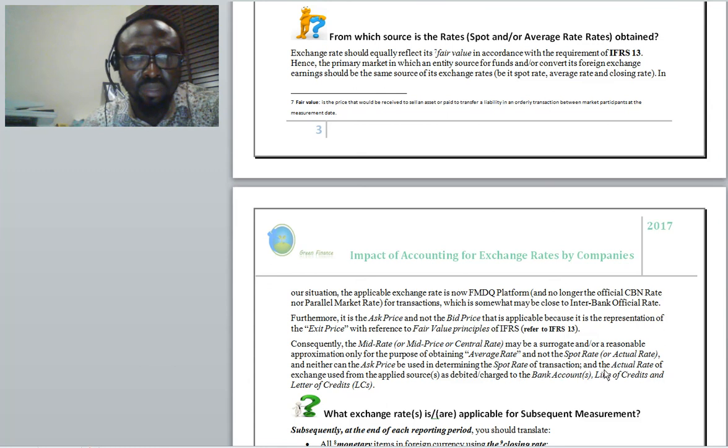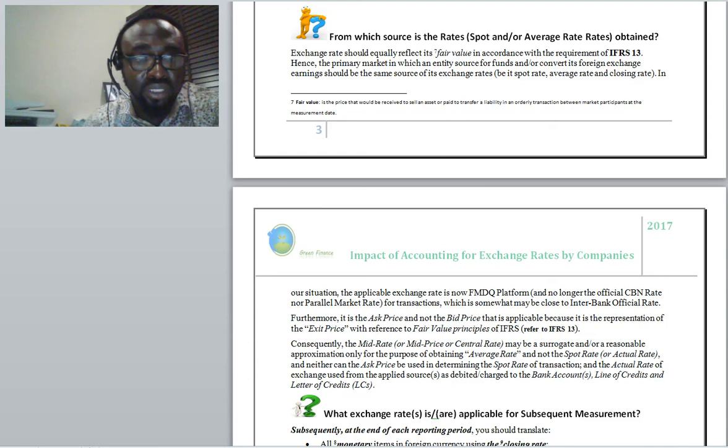That means that we are looking at the exit price, that is the price at which you can source or buy the dollar, not the price at which you can sell. And that is what we are considering to be the ask price. And the ask price will be relevant in all ramification. In some situations, we might go for the mid price. The mid price is simply the average between the ask price and the bid price. But that is only when the spread is thin.